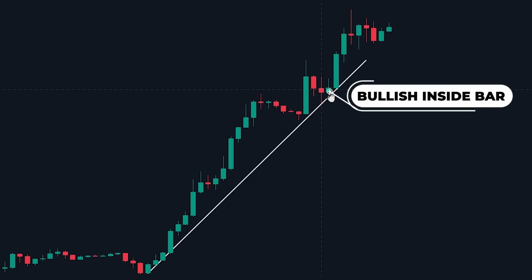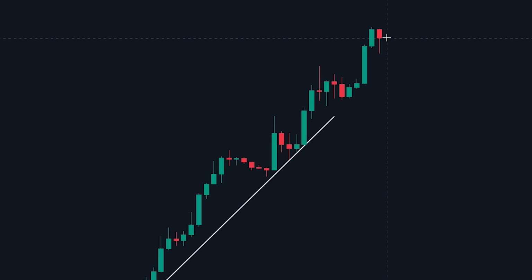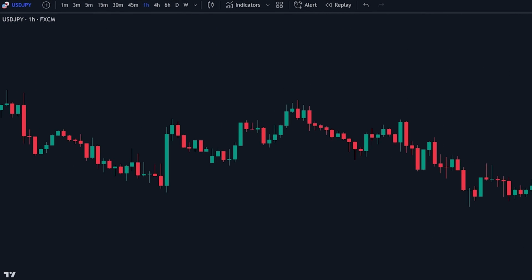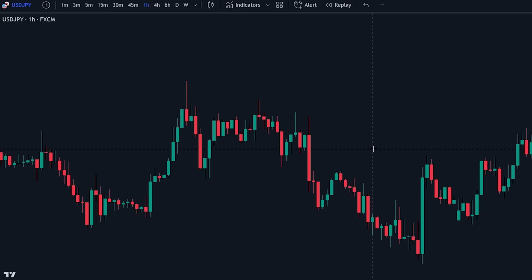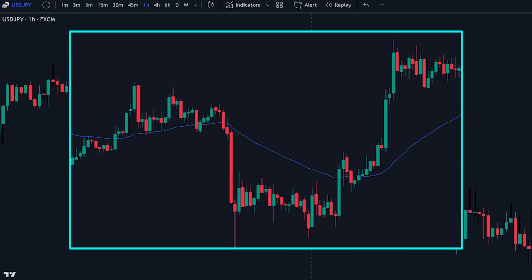a position. As you can see, by using confluences, we can avoid the false inside bar breakouts and instead take advantage of them. As you can see from the previous examples, it's important that we have multiple confluences to enter into a position. One of the easiest and most powerful confluences to have is the EMA, so let's add this